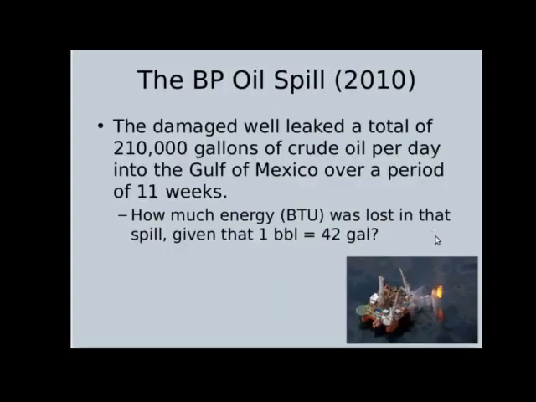And then when we think about the consequences of using this energy, we might want to think about something like the BP oil spill. The BP oil spill happened in 2010 in the Gulf of Mexico, and there was an explosion in the drilling rig that caused millions of gallons of crude oil to be spilled into the Gulf of Mexico. On average, it was about 210,000 gallons of crude oil spilled into the Gulf each day, and for a total of 11 weeks. Now that was energy that could have been used to power cars or to power homes, to power industry. What does that number really mean, 210,000 gallons?